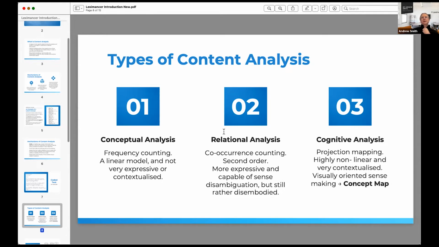So content analysts decided they would look at relational analysis. So how many times does sport co-occur with culture or sport co-occur with violence? Because that tells you more. It tells you the senses that word are deployed in. With that Lego model, where do I put that brick? What else do I put there in the sentences? What stories am I trying to tell? So this is called a second order model because it looks at correlations between two variables at a time, and it's more expressive. Then the content analysts thought, well, maybe we can do better than that.